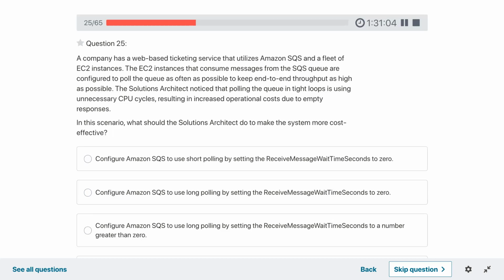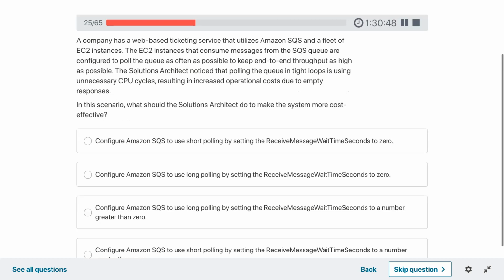The solutions architect noticed that polling the queue in tight loops is using unnecessary CPU cycles, resulting in increased operational costs due to empty responses. In this scenario, what should the solutions architect do to make the system more cost effective?